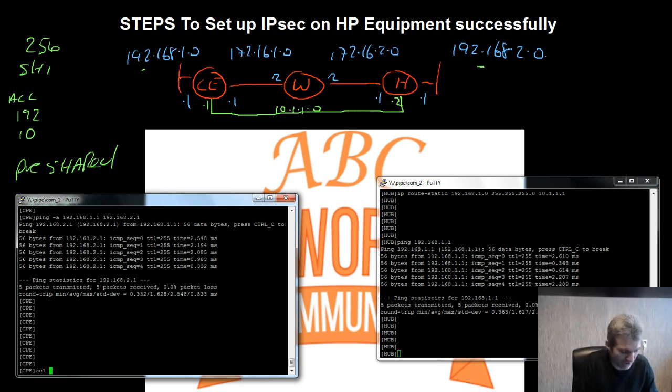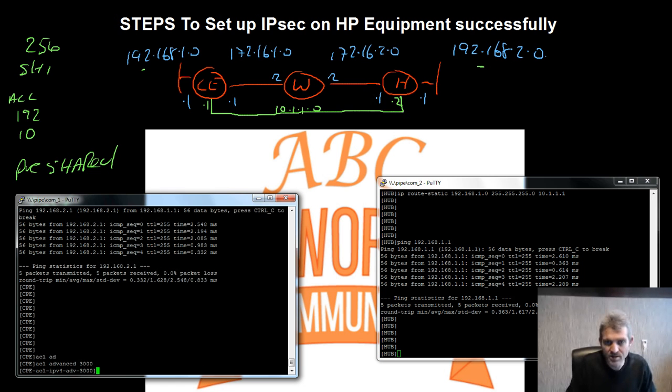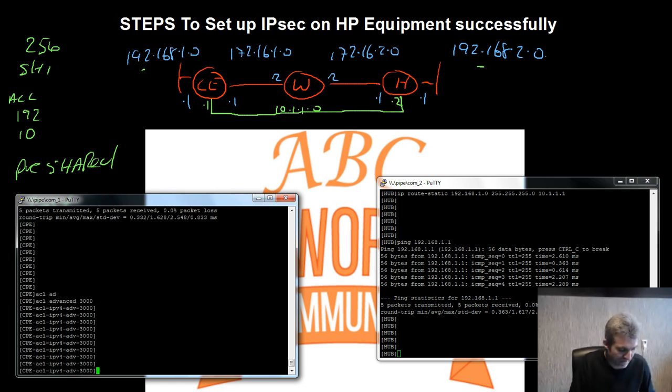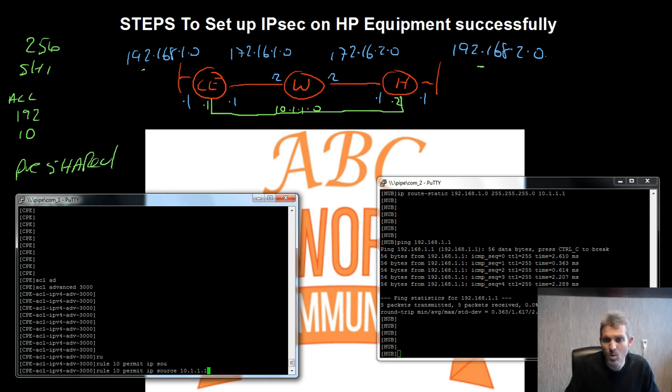So I say acl advanced 3000. Okay, that's for advanced access list. And I say, okay, rule. I would never go for rule 0. Let's make it rule 10. Permit IP coming from a source of 10.1.1.1, right? Going to a destination. The 0, of course, that shouldn't be 2, that should be 0, yeah? The 0 is effectively the whole thing, so it's coming from 10.1.1.1 specific, 0.0.0.0,